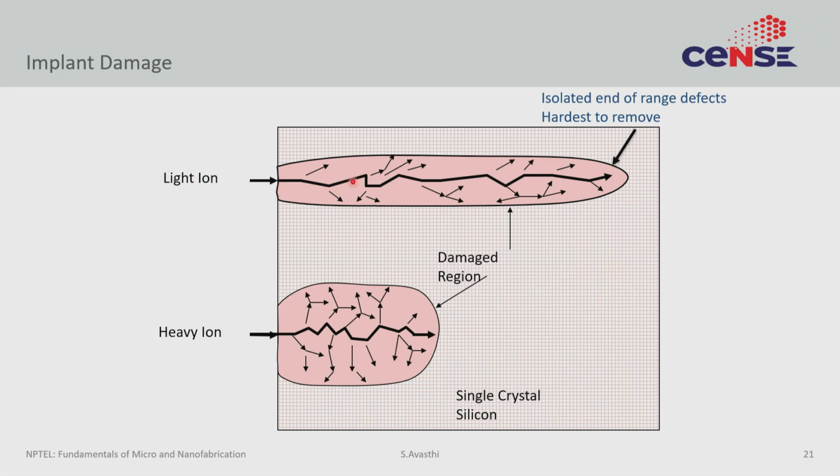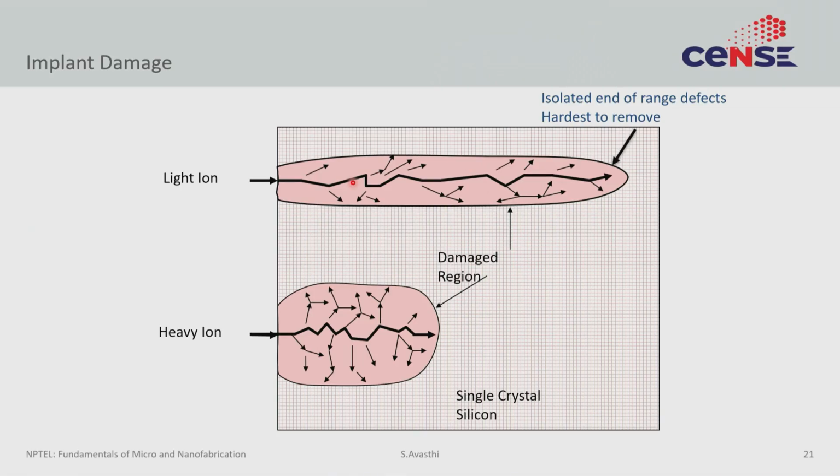But while the ion is doing this solid black line, the silicon atoms themselves are also getting displaced, right. So, these small arrows represent that at each successive collision a silicon atom will get displaced, and whenever a silicon atom gets displaced, it might then do some second order collisions with other silicon atoms, so even more silicon atoms will get displaced. So, overall, once an ion goes through a certain material like silicon, it leaves behind a region of damage. So, it is not just a line of damage, but a region of damage, and that region of damage will scale with how heavy the ion you are implanting is.